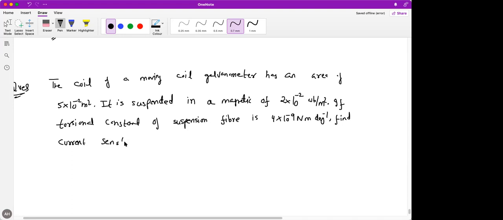See, this is straight formula based thing. Do it. So is Wb per meter square like the SI unit? That's the unit of magnetic field. See, Tesla, you can write as Weber per meter square also. Either you write Tesla or you can write Weber per meter square, the same thing. Calculate current sensitivity fast and write your answer in chat.